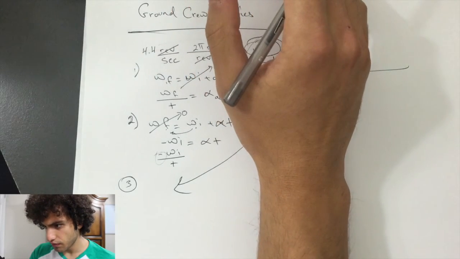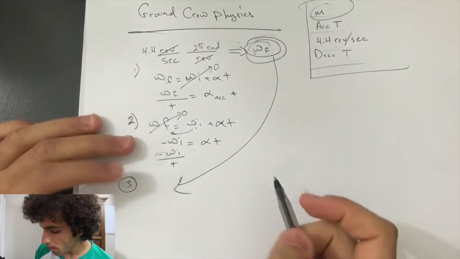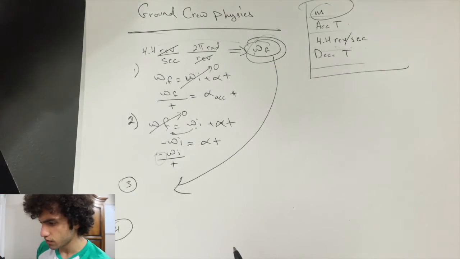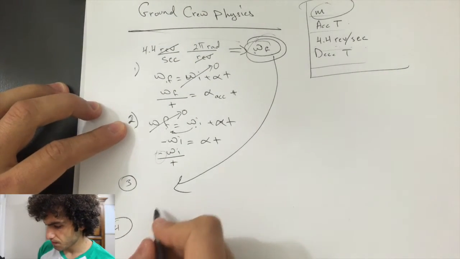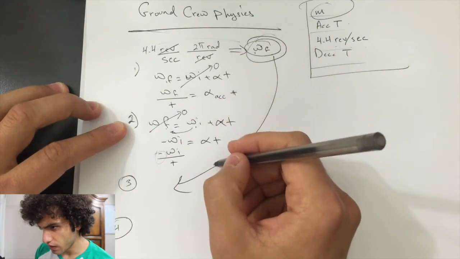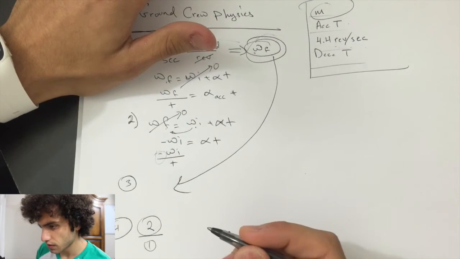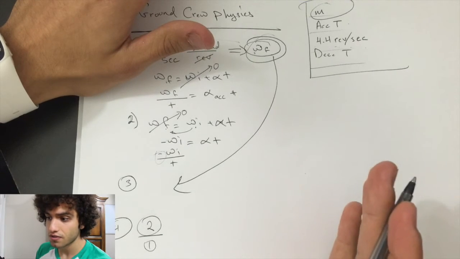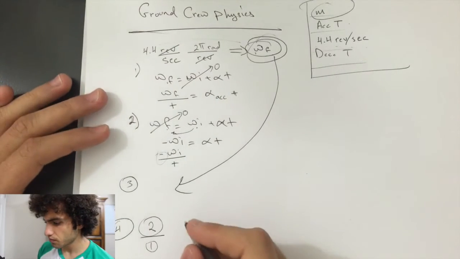Determine the ratio of the number of revolutions made during the spin up to the number made during the spin down. Alright. If you guys are just looking to solve it really quick, the way to answer is just divide the answer from number 2 by number 1, and you'll get your answer. And keep it positive because they're looking at the ratio. They don't care if it's negative or not. They're just looking at the ratio. But if you really want to look into it, we're looking for